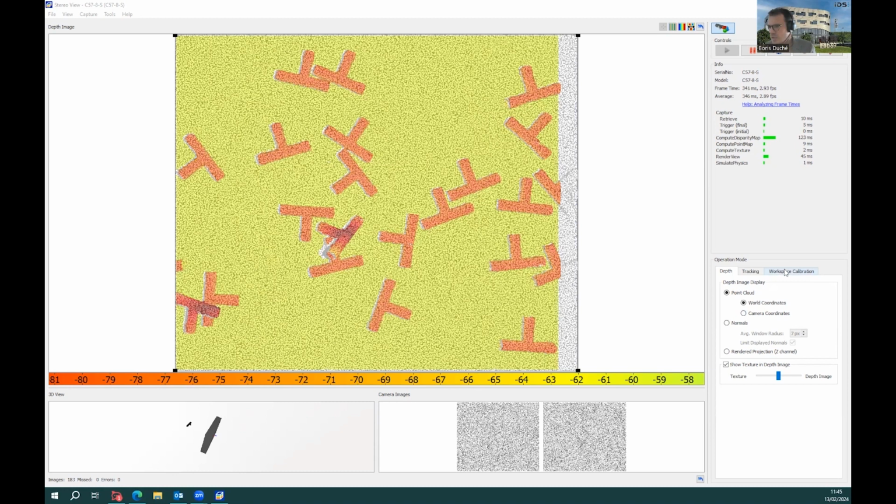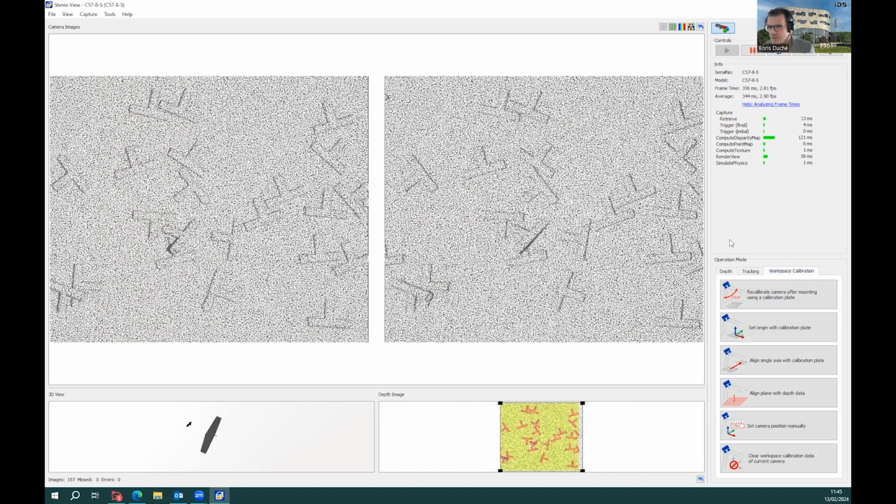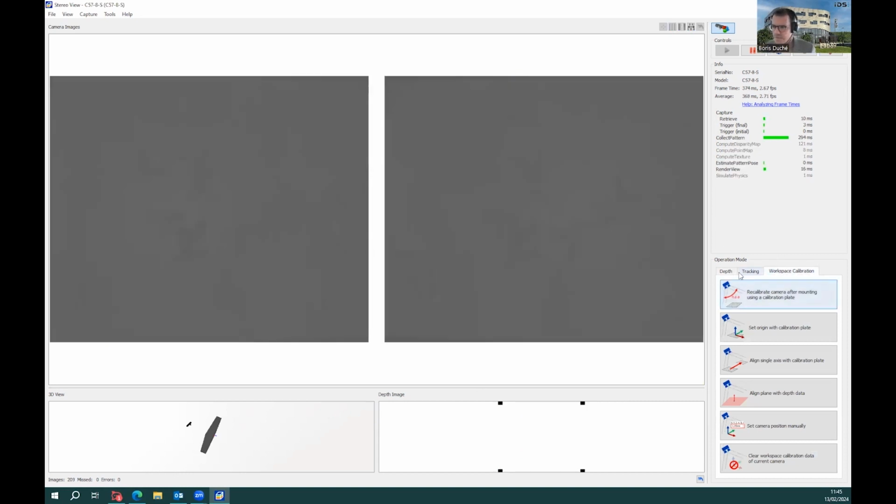You should have calibration plates sold to you by our sales team. When you install the camera for the first time, it is a good habit to show the calibration plate to the camera and go to the workspace calibration tab here. Show the calibration plate to the camera and click recalibrate camera after mounting.